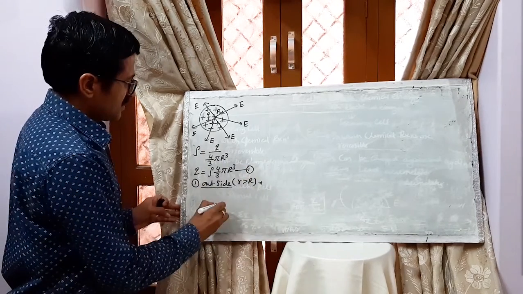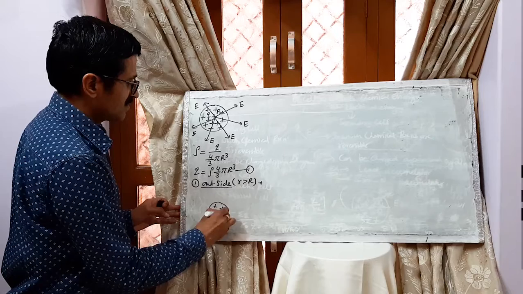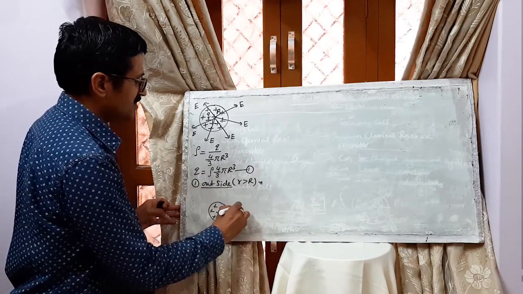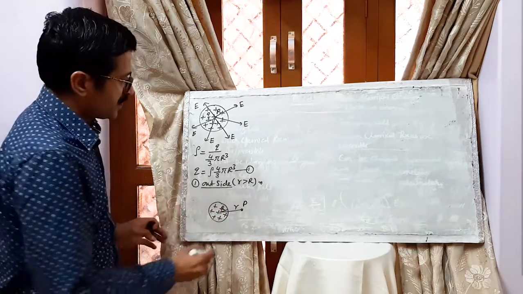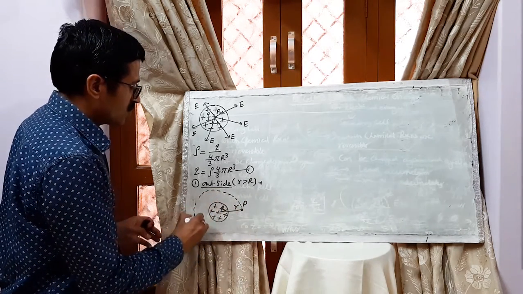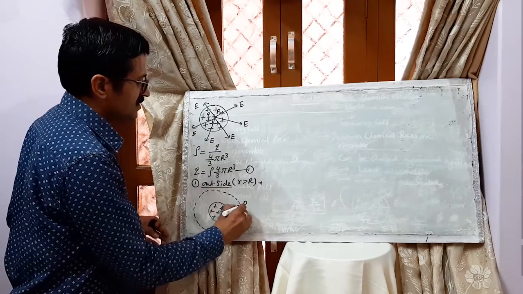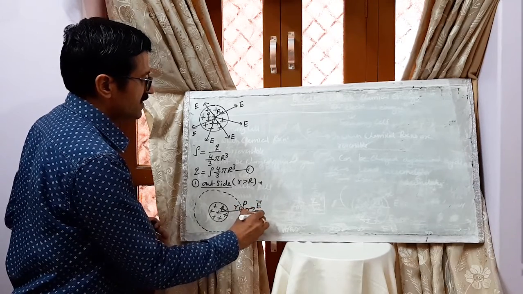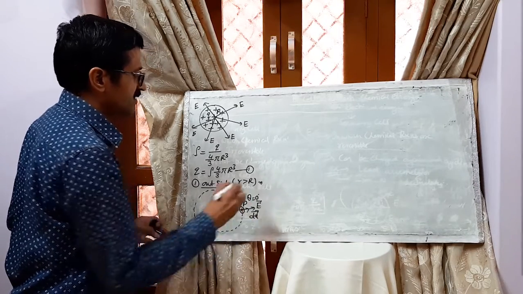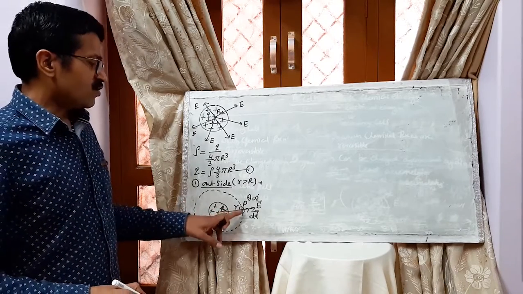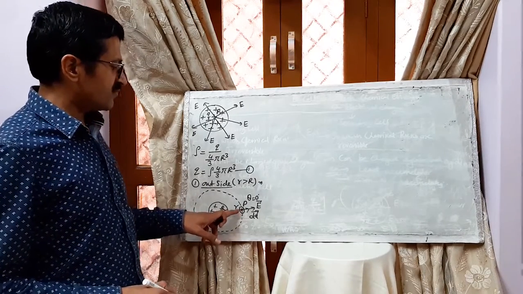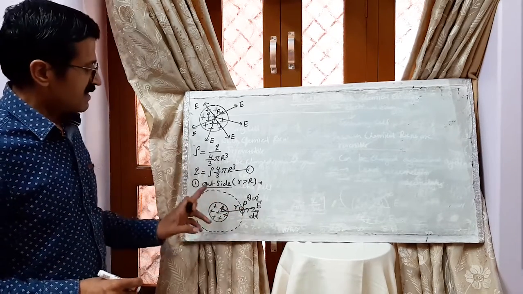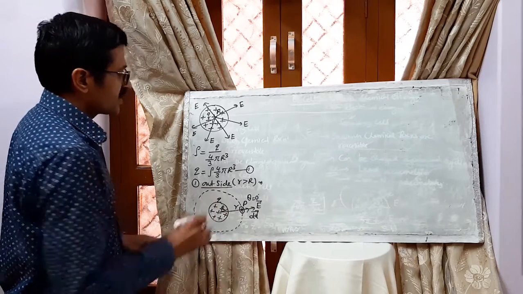In this case, this is the point. This is radius capital R. This is small r. This is an observation point P. We are going to draw a spherical region. Here this is the electric field. It is the area vector dA vector and the angle theta is equal to 0. We have to find the electric field intensity at this point P. So we have to draw a spherical Gaussian surface. Then the total charge present will be Q.